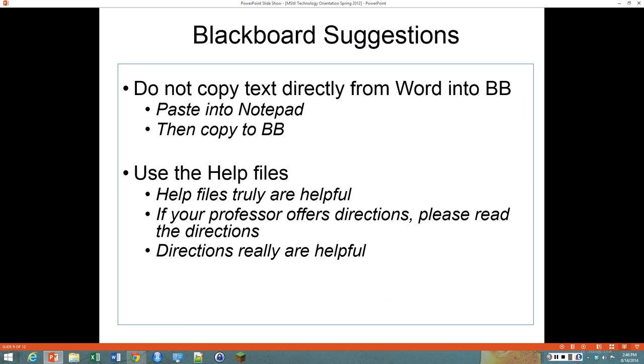Another suggestion is I always recommend students not to copy and paste directly from Microsoft Word or any word processing program directly into Blackboard. Now, each year they say that they fix it and that it's okay to copy and paste from Word, but in my experience, it continues to be problematic. So I encourage students, simply for the sake of Spellcheck, to go ahead and write up your thoughts in Microsoft Word,